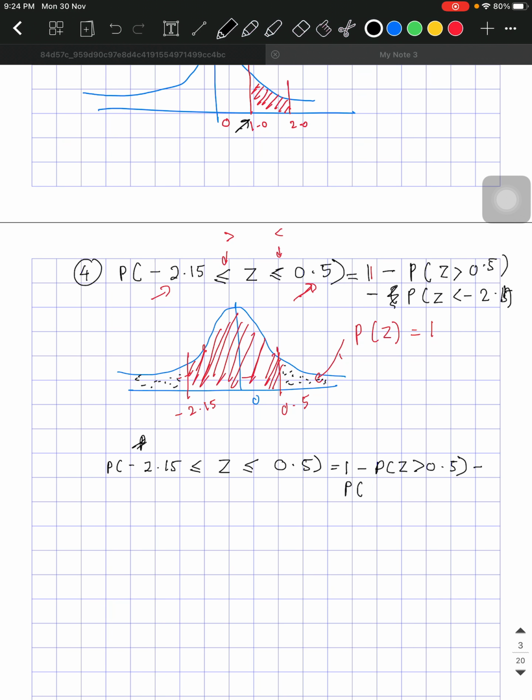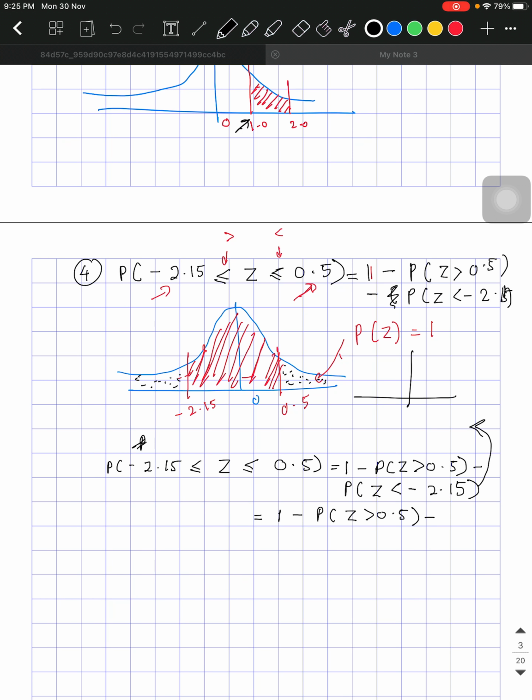So P(Z ≤ -2.15). From this part you can write 1 minus P(Z > 0.5) minus, and this part we already learned before from the other example,